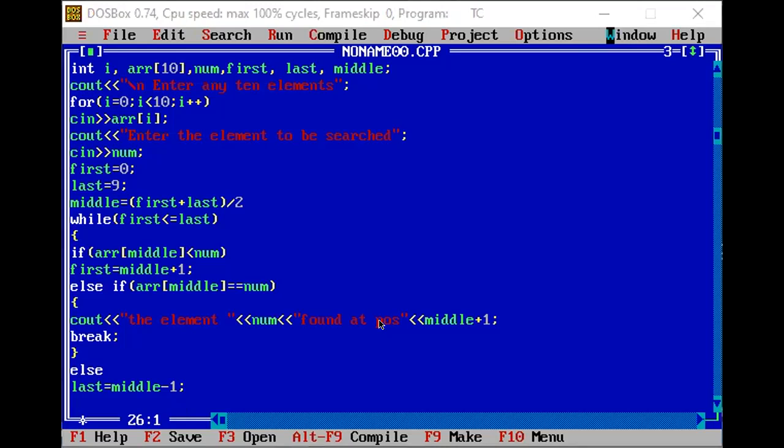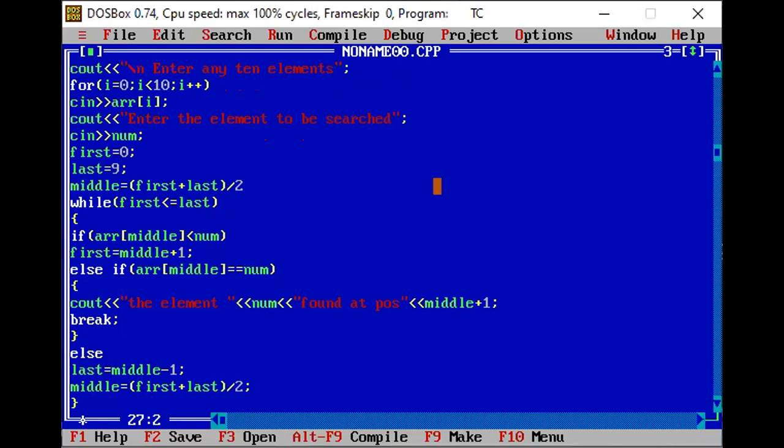So now my middle element will become, middle equal to first plus last, and we will again divide it by 2. Okay, so this is the case, right?